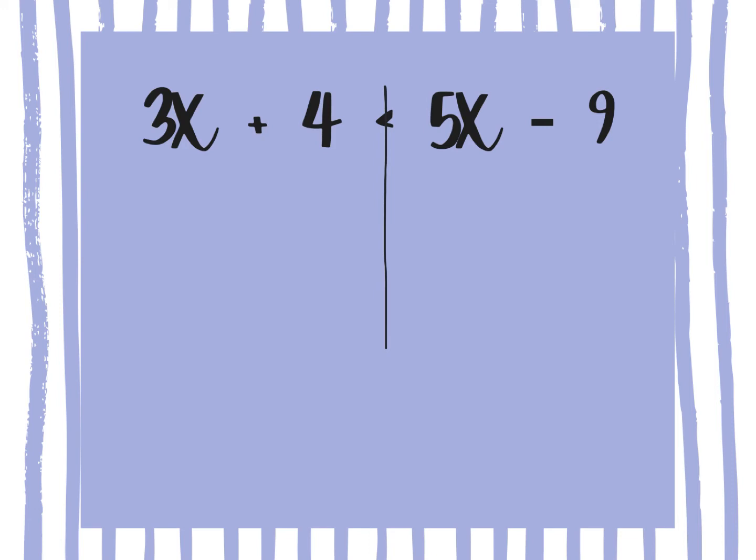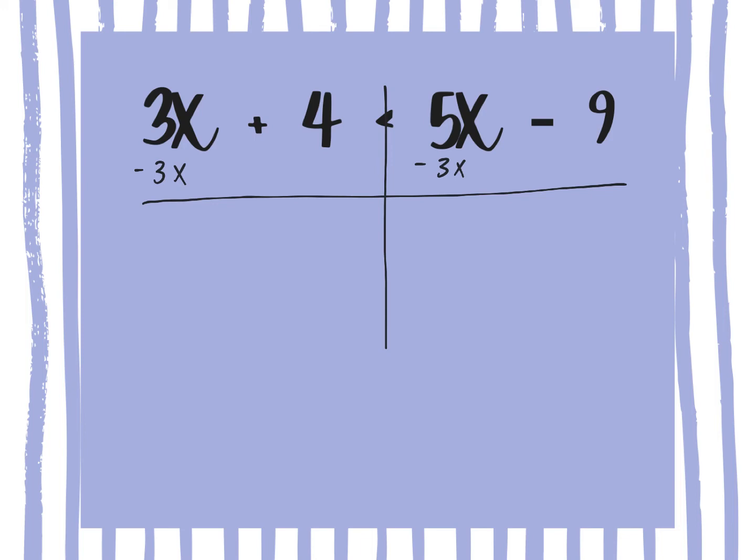Then I want to get my variables on the same side, so I need to add or subtract one of them. In this case, both are positive, so the only way to move one of them is to use the opposite operation and subtract. I'll subtract the 3x from both sides, and you'll notice that I'm subtracting it from the like terms. So for example, I did not subtract it right here because 9 doesn't have an x,